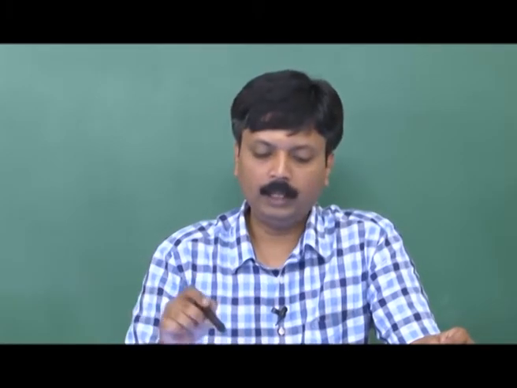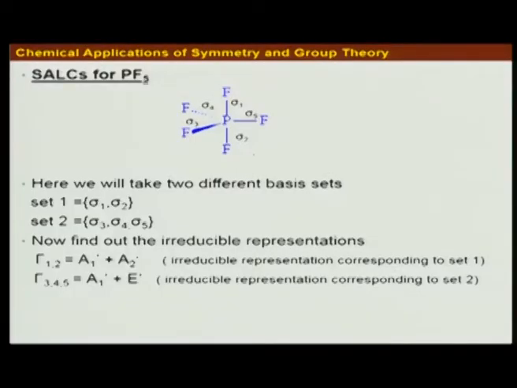So in case of PF3, when we set out to form the SALCs, first we have to choose the basis functions. Now here you see that the two axial PF bonds are equivalent, while the other three equatorial PF bonds are equivalent. This axial and equatorial PF bonds are not equivalent, so I have to treat them separately. So here actually